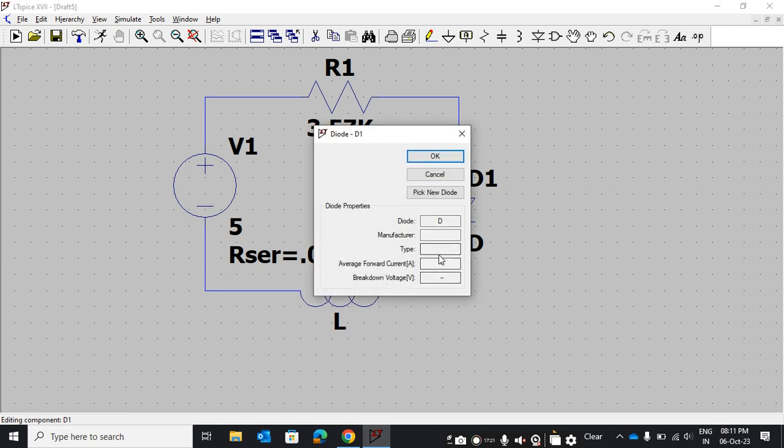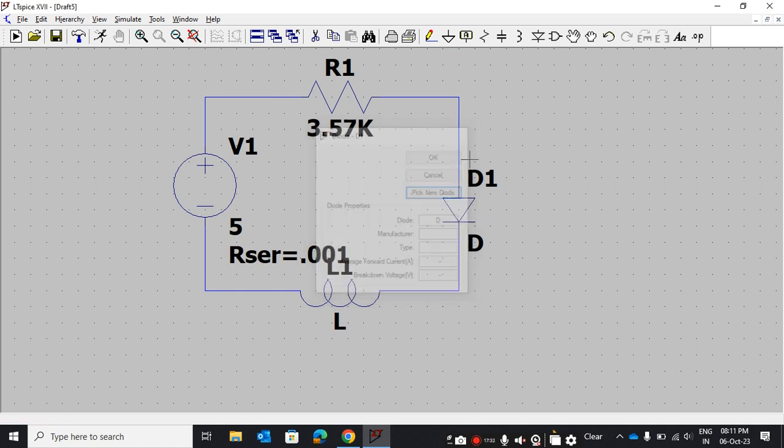There is no such option in this simulation tool regarding the diode, but you can select another diode by clicking here. If you select this simple diode, it doesn't have any parameters. You will have to set the parameter. You will have to select the part number diode. I will tell you how to select the part number.